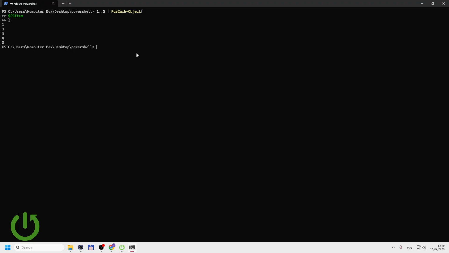Now we have another automatic variable, which is $? (dollar sign and question mark). What is this? This shows whether the last command succeeded. So we can do something like this. Let's use Get-ChildItem like this. As you can see, for me this folder is empty, but it doesn't really matter. The command succeeded. So if I use the $?,